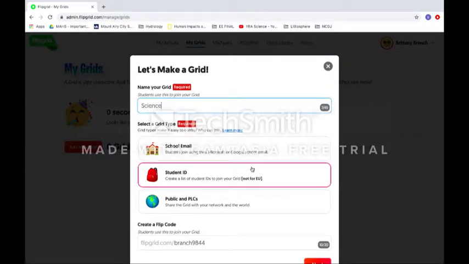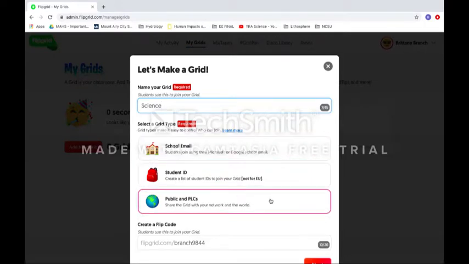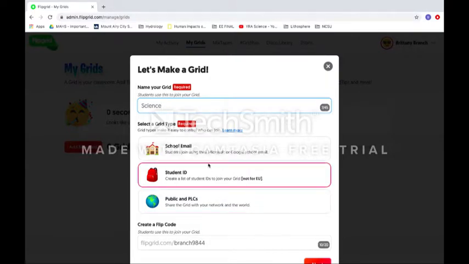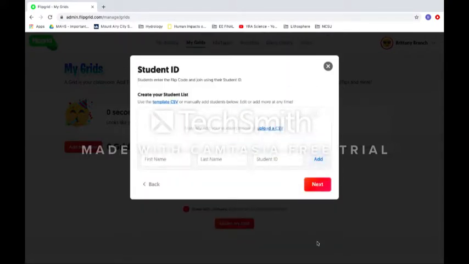There are a few different ways you can get your students or learners onto this grid. You've got a flip code at the bottom. You can do it through email or student IDs. I'm going to click student ID, and then I'm going to click next. So when I want to add students or learners to this grid, I like this ID function because I can just put their names in,